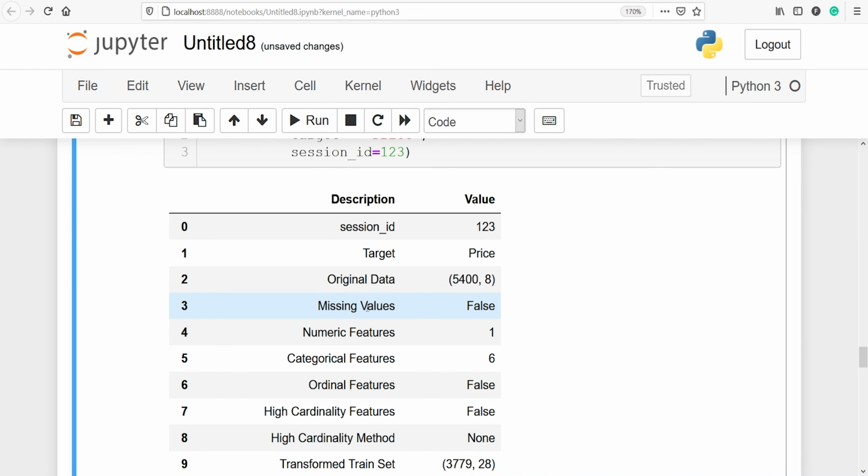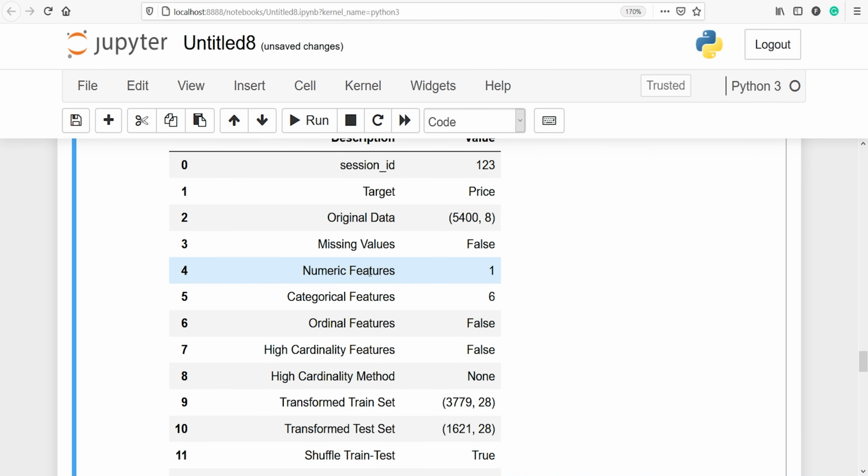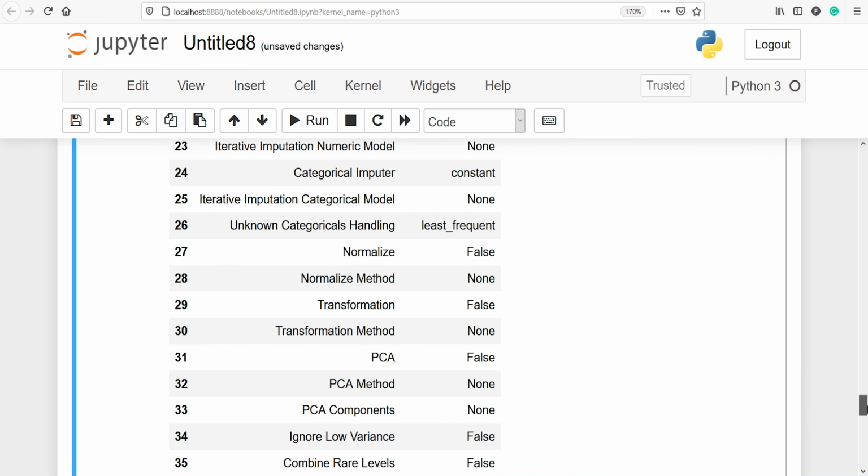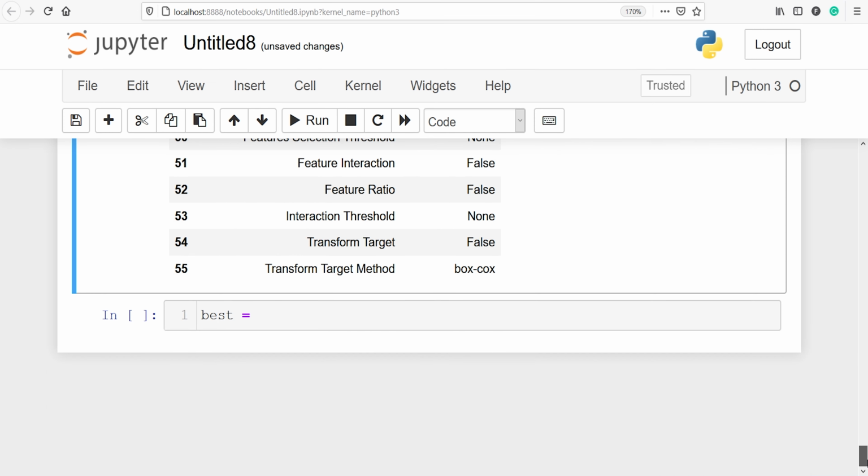Then, are there any missing values? False, because there are no missing values. Then numeric features, there is only one numeric feature. Categorical features, there are six categorical features, ordinal features, and so on. You will get all the information here.